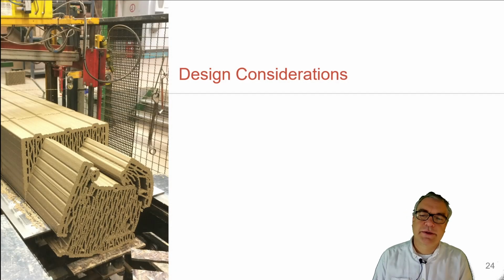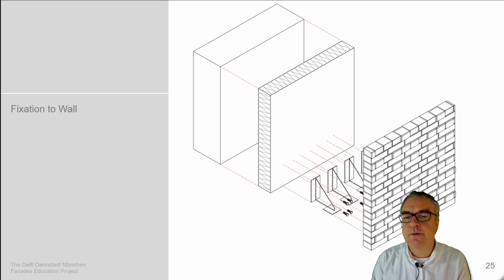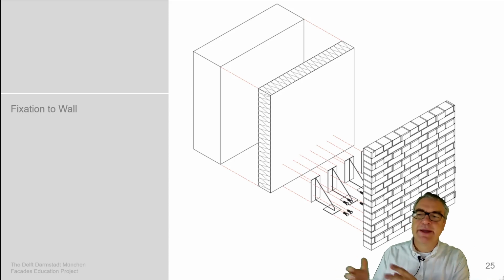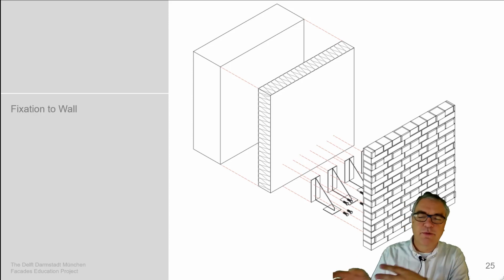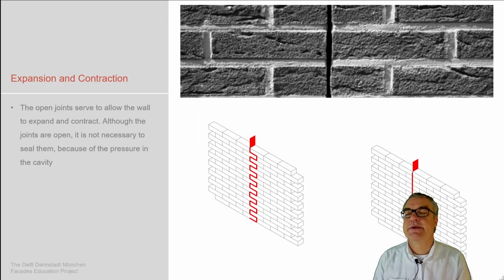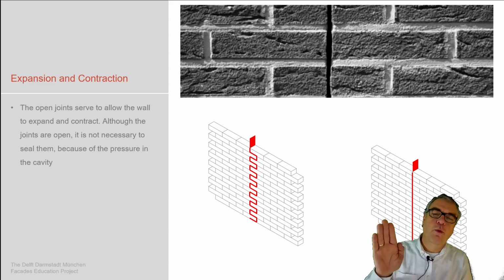Design considerations. When we add bricks as an outer layer to a ventilated facade, cavity facade, we need to somehow get the loads back to the main system. So there needs to be a fixation, a bracket system, which takes the load from the bricks to the main structure. Expansion joints appear